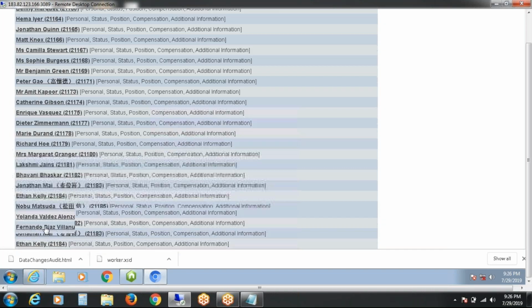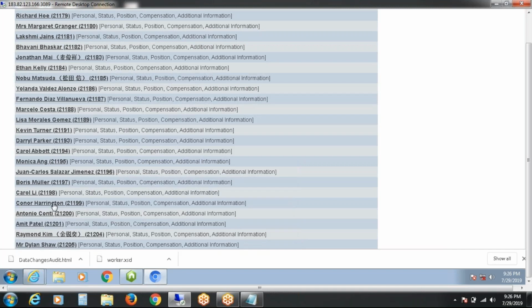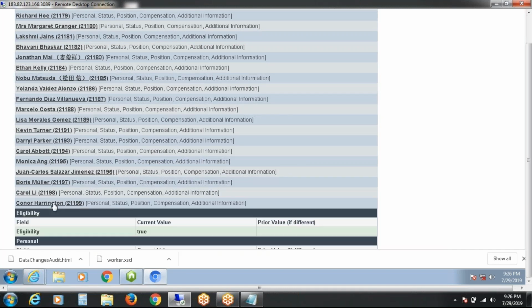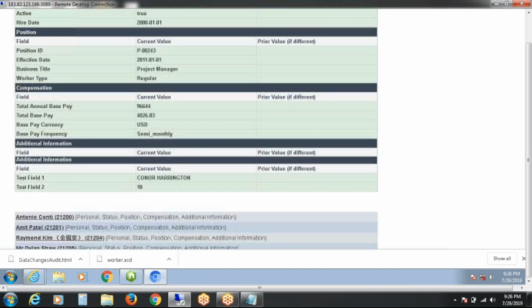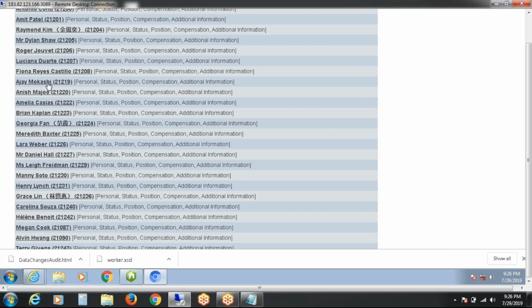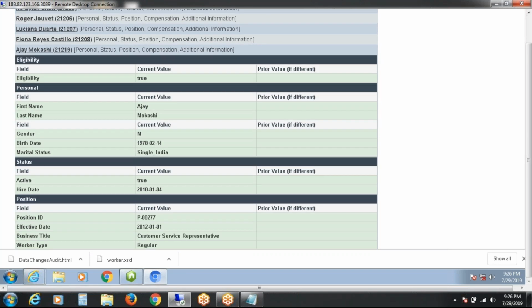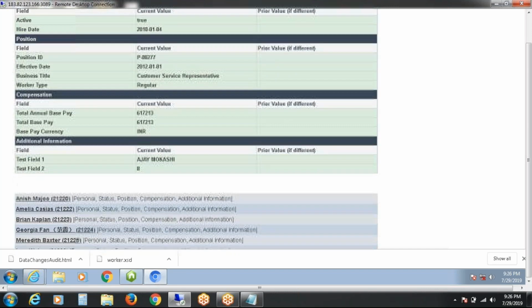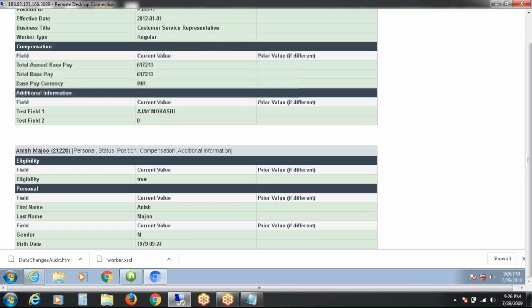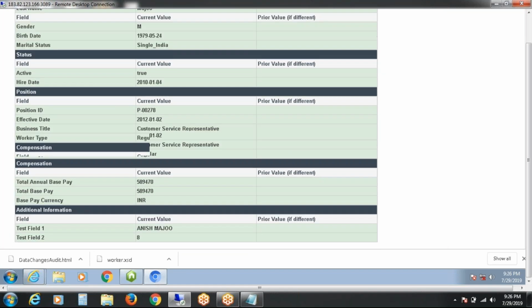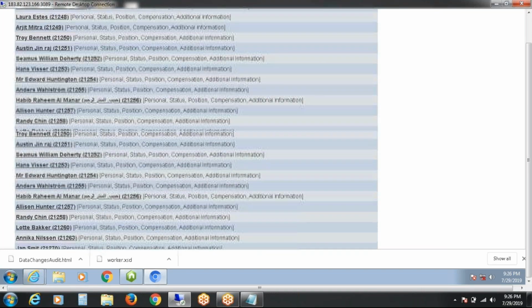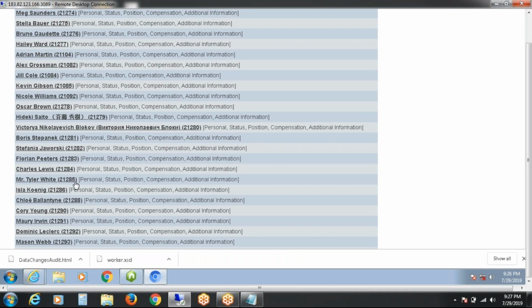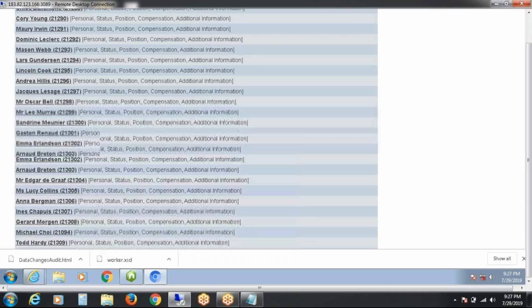Let me just check. Ajay Mokashi, Anish Majo. Actually, these guys are not having any changes, but the result will look like this: prior value and current value.